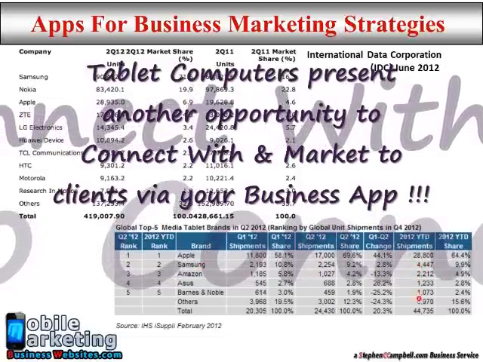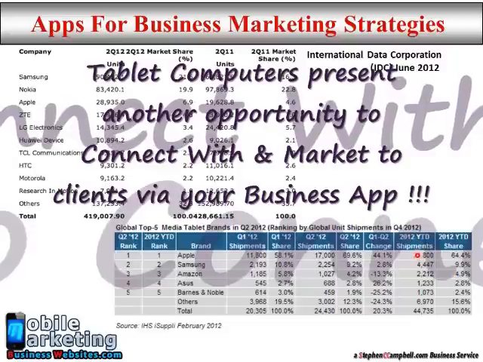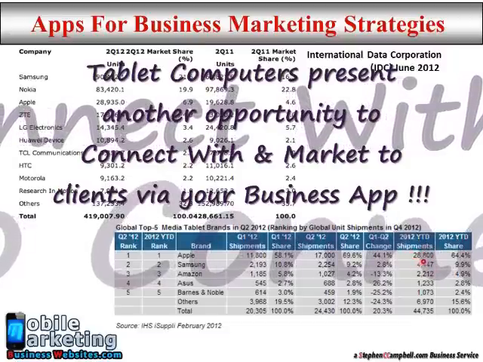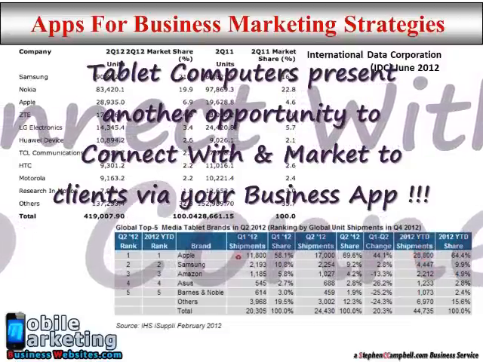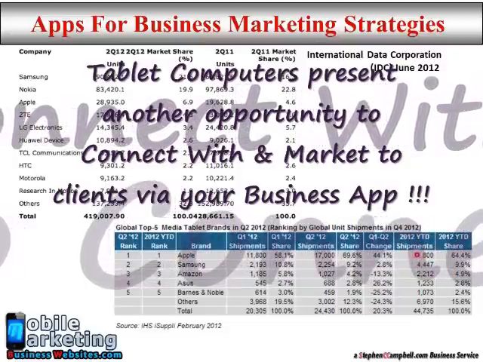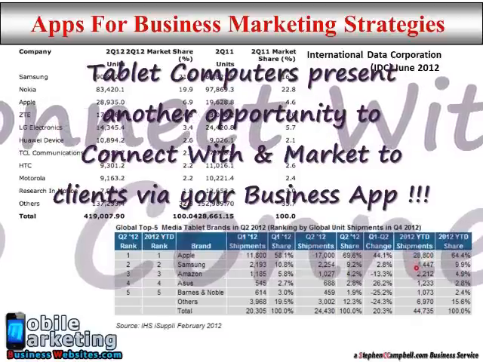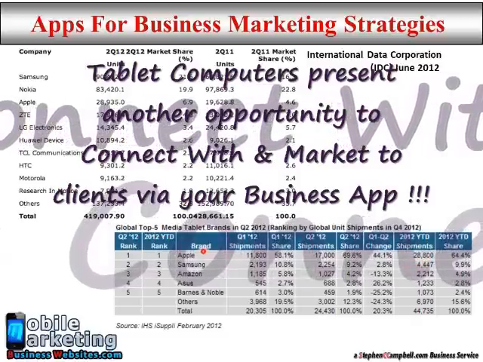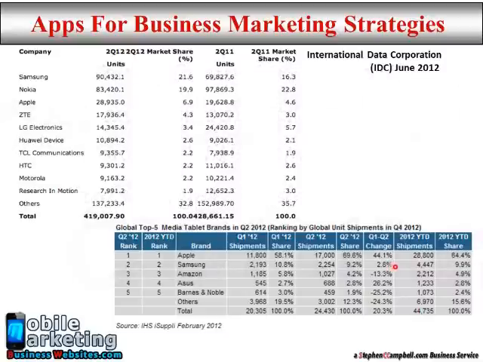So you can take some time just to look at the actual shipments there. But the point is that it's too many to actually ignore, to make sure that your apps are not just devised for the mobile handsets, but also for the tablet markets as well. Apple, Samsung, Amazon, Asus, and Barnes & Noble, the top 5 media tablet brands in Q2 this year.